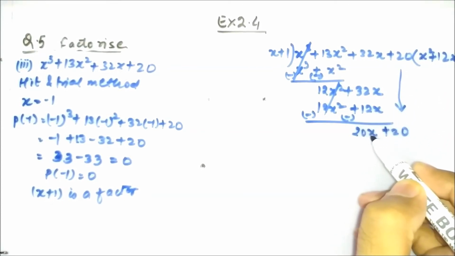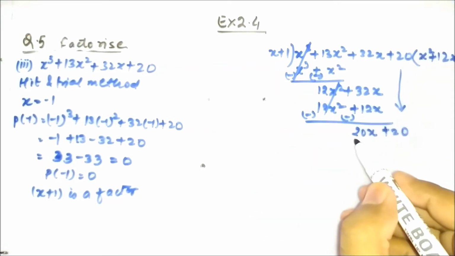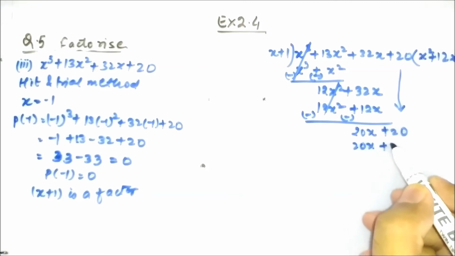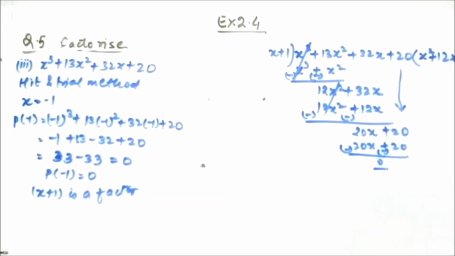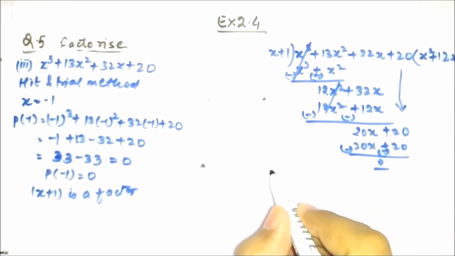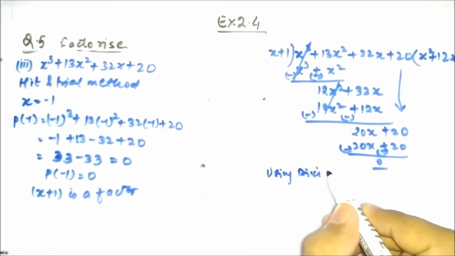First term is 20x and here first term is x. So we need to multiply by 20. So that will be 20x plus 20 and we'll get the remainder as 0. Okay, remainder has to be 0. We got remainder as 0. Now by division algorithm,